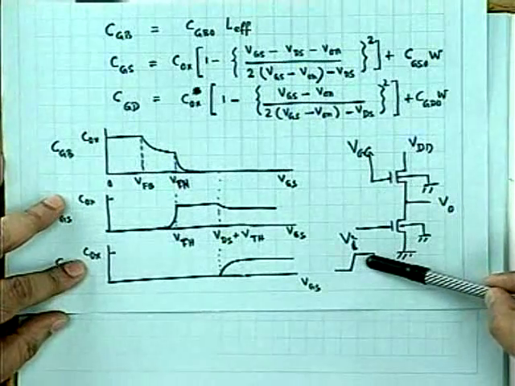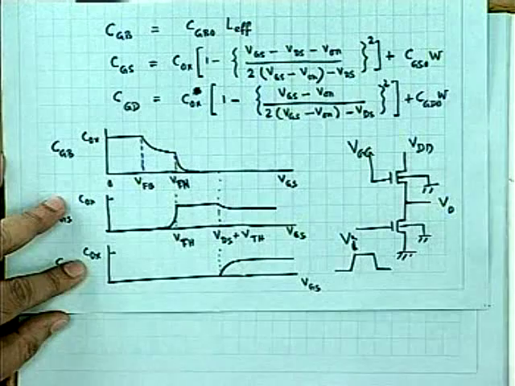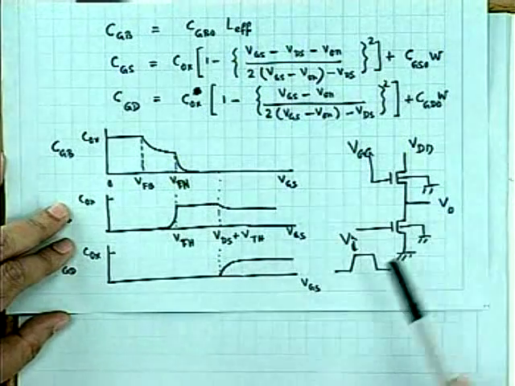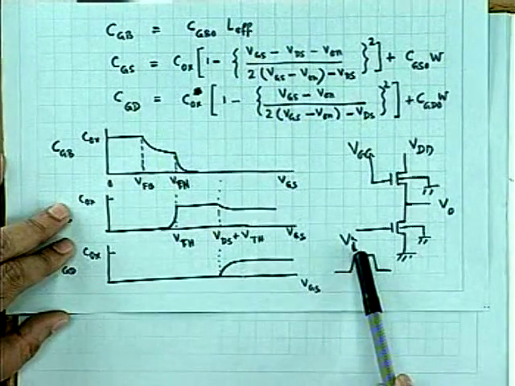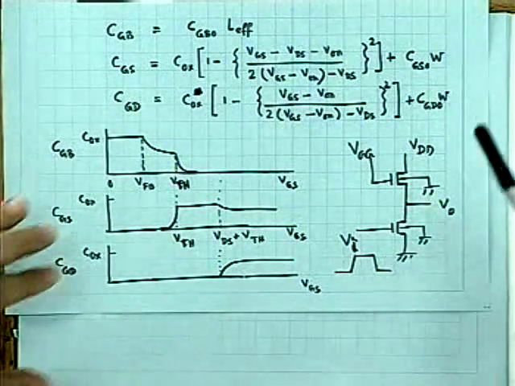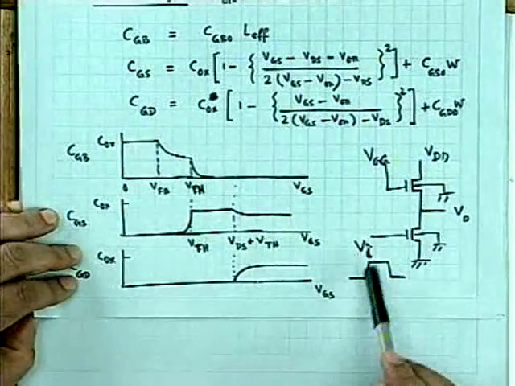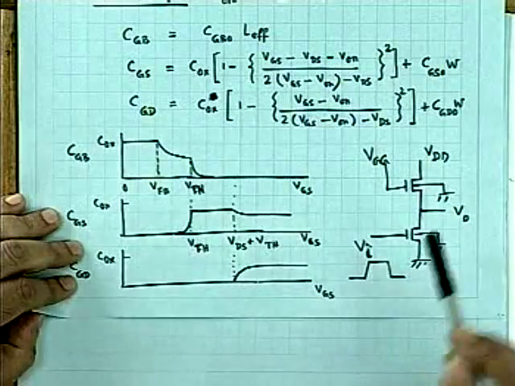For this time varying input, I am interested in how exactly VO will change with time. When Vi changes from this value to this value, maybe 0 to 5 volt, slowly, I calculate how VO changes from VDD, or it may be VDD minus VT, depending on whether the load is in saturation or not. If the load is